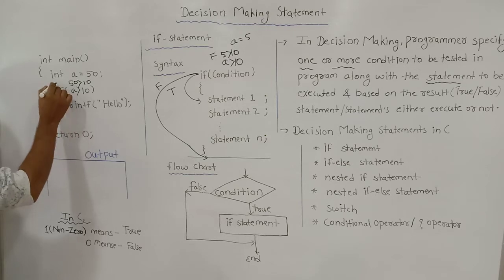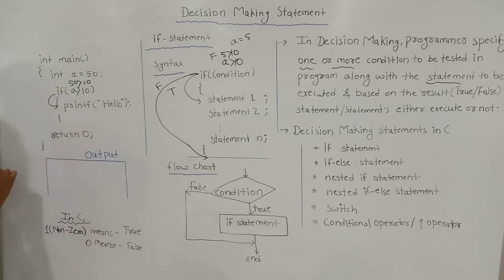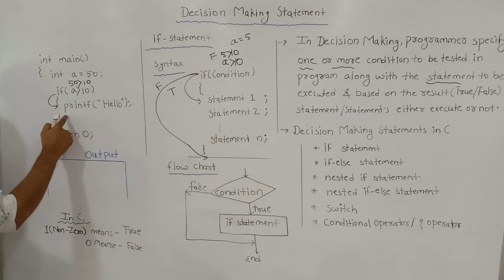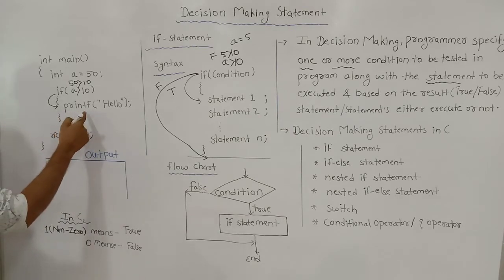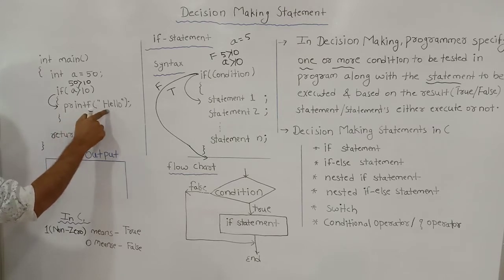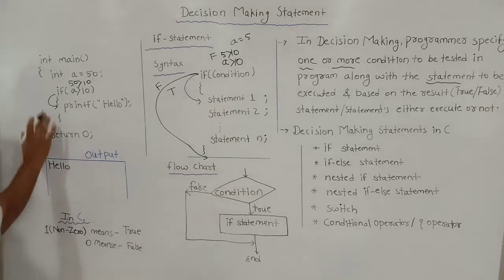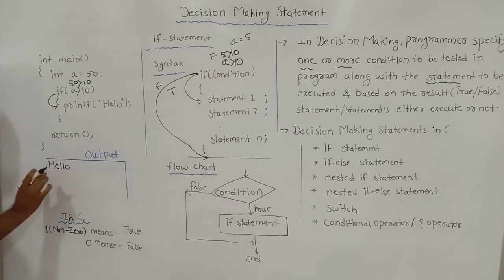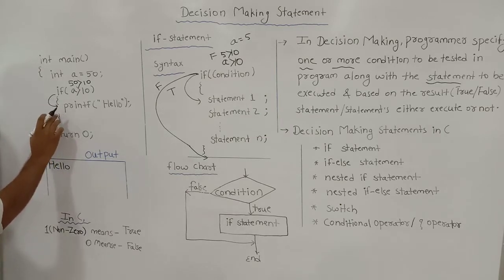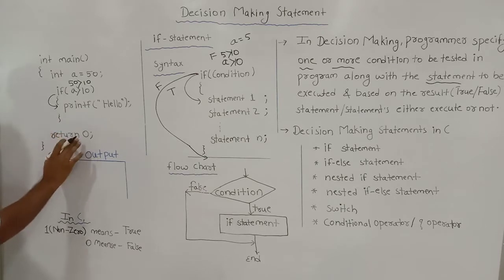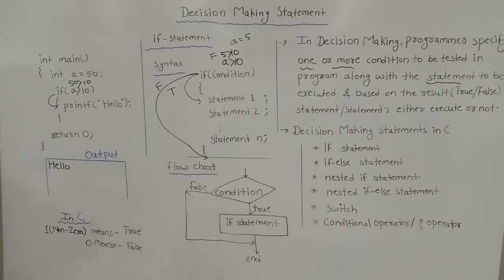And if the condition is true, then we move inside the if block, and inside the if block we are using only one statement, and we are printing hello. So this printf will print hello. Suppose this is our output screen. So in our output screen, hello will be printed. So if we run this program, then we will get the output hello. And after the if there are no lines and our program ends here, so this is our final output.